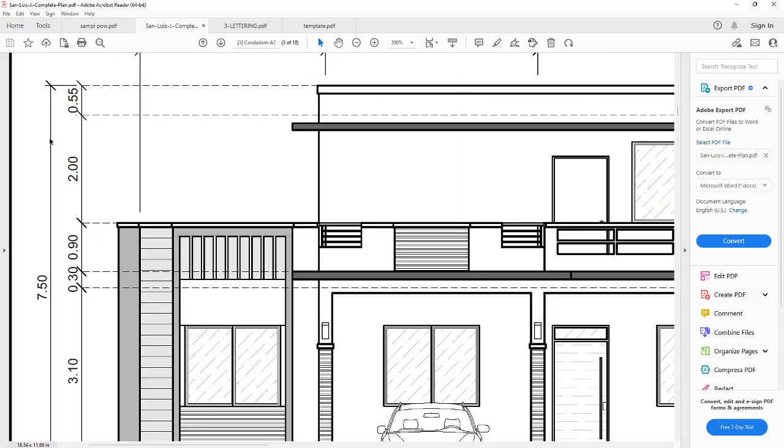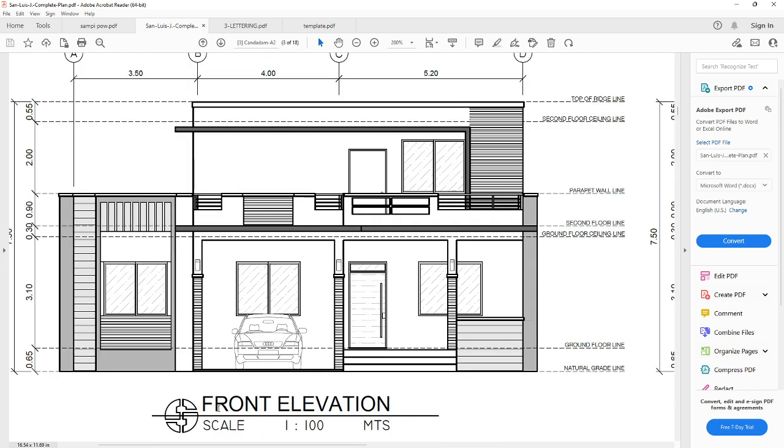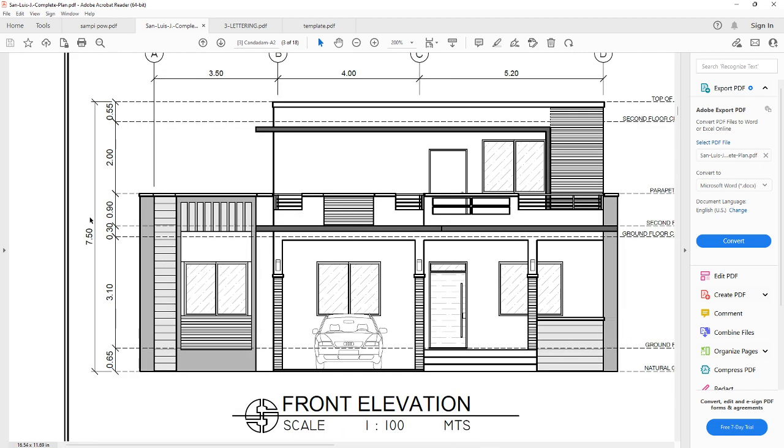So here in the front elevation, of course, the drawing title is front elevation, and the dimensions are like this. As you can see, the characters of our dimensions and the characters of our drawing title